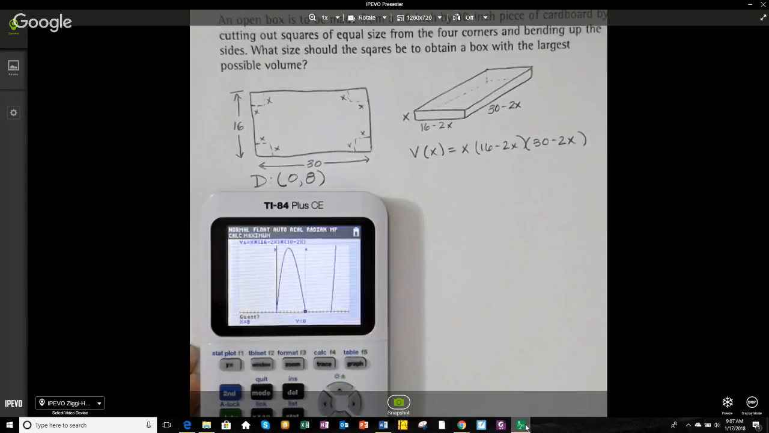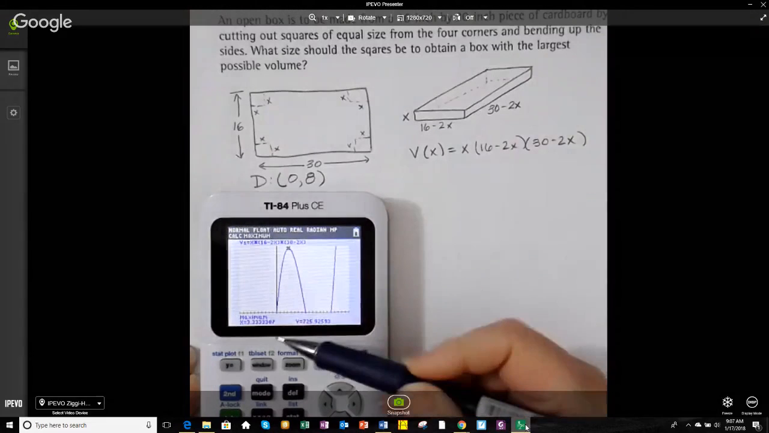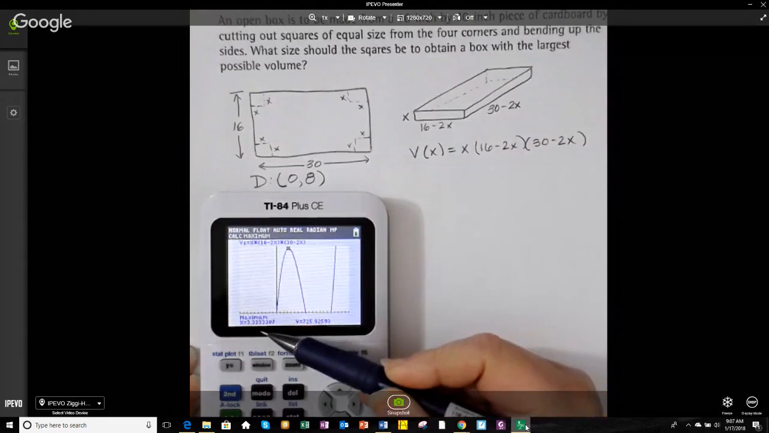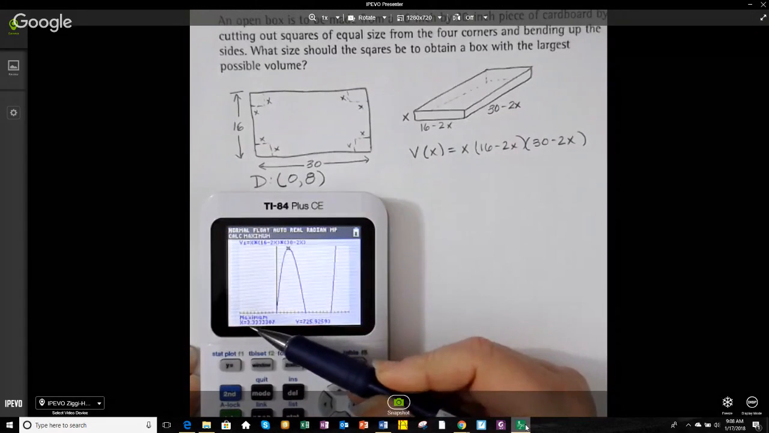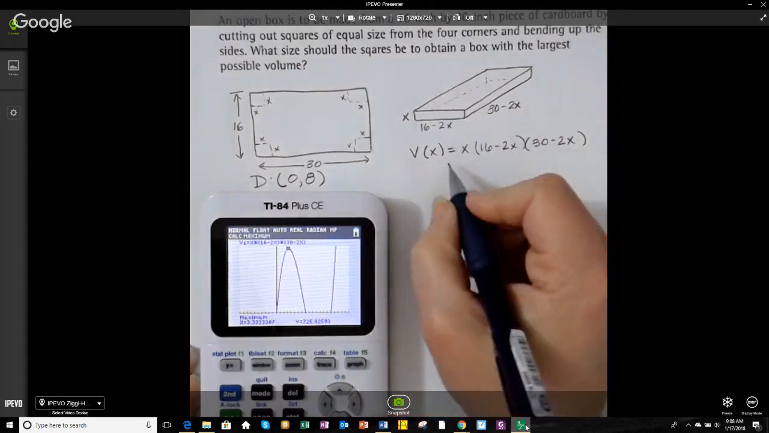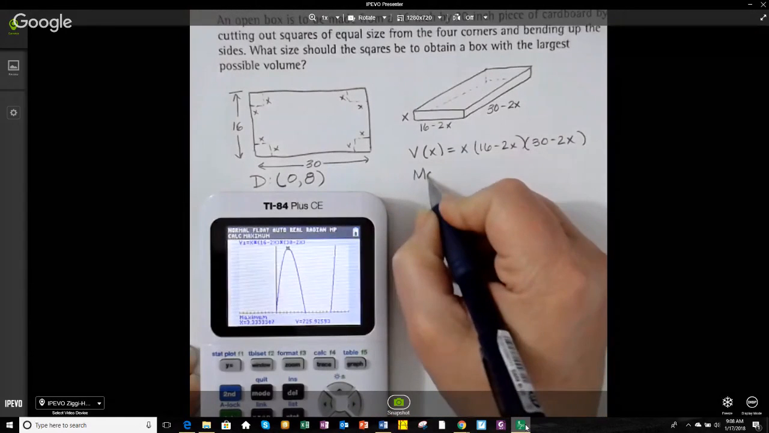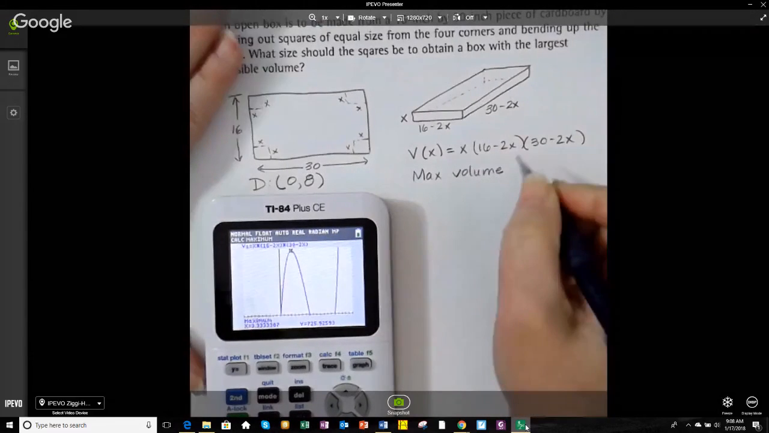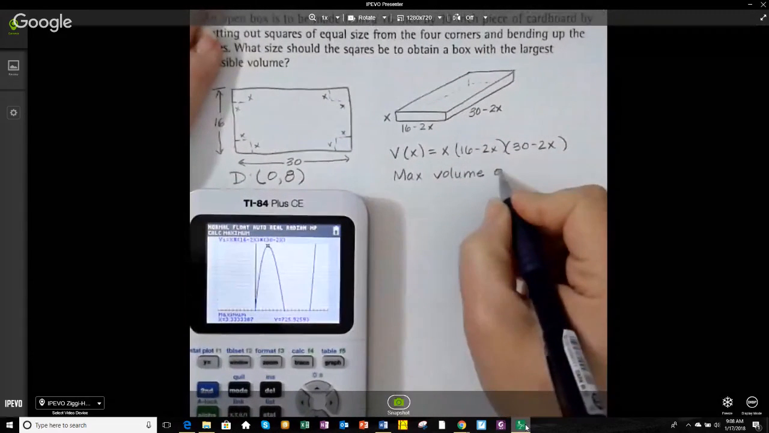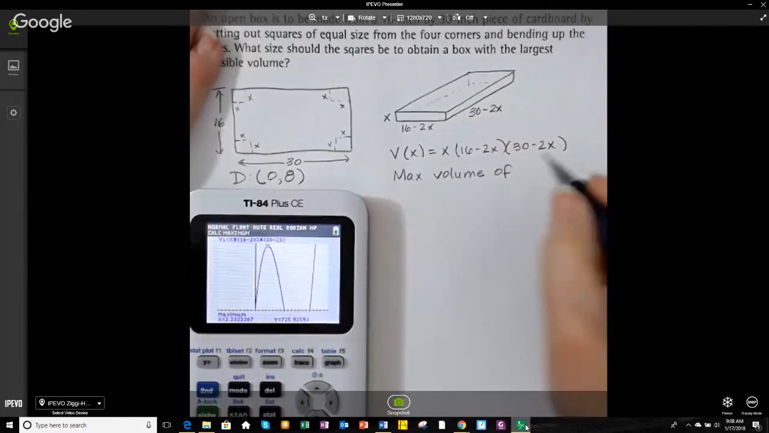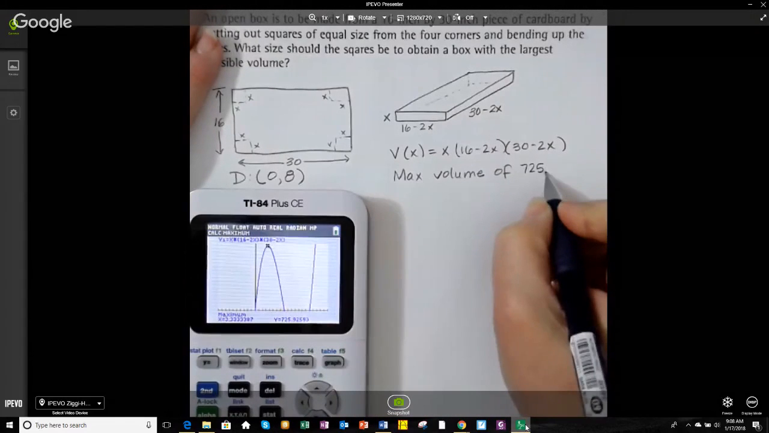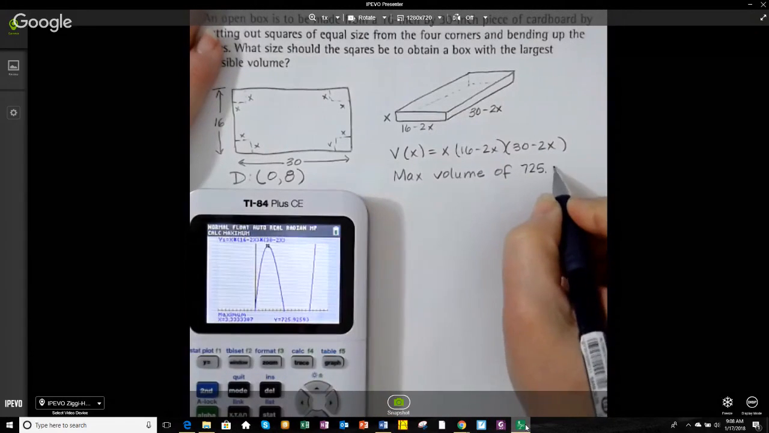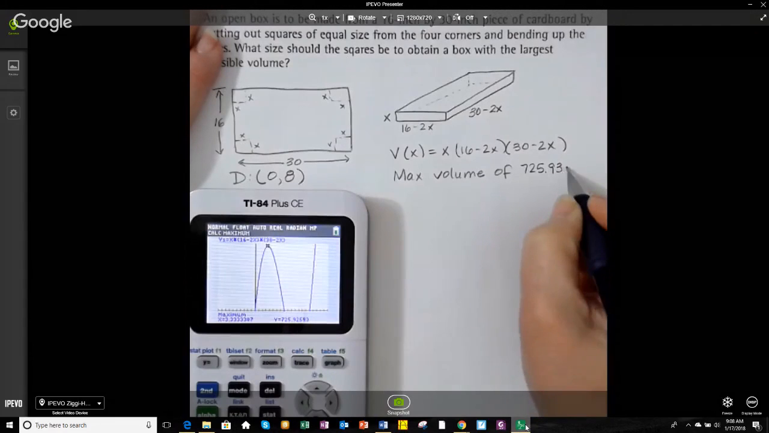And then I'm going to press enter because I want the calculator to guess. And it's going to tell me that the max volume occurs when x is 3.333 repeating. So the maximum volume, let's write this down, and that's 725.93, and this is cubic inches,